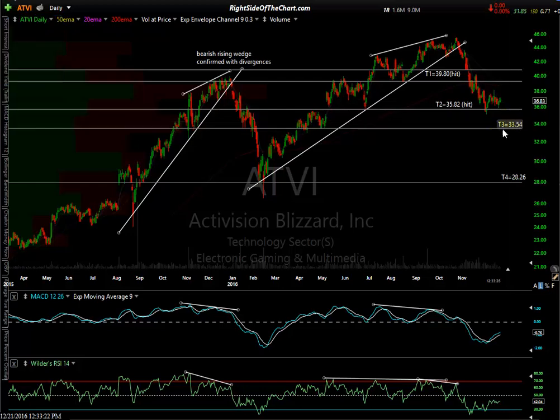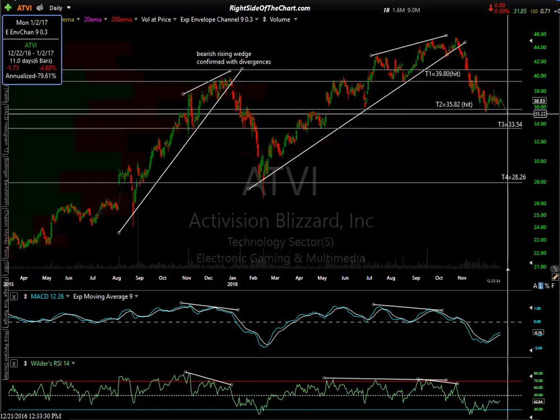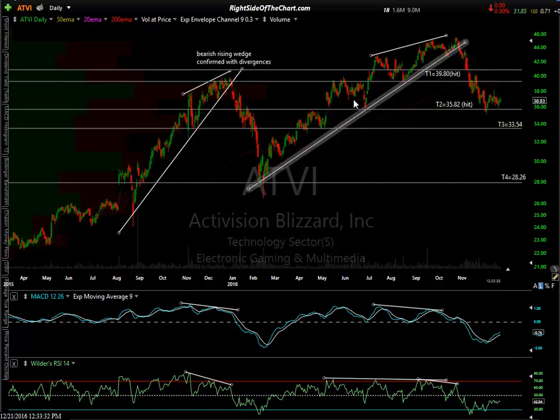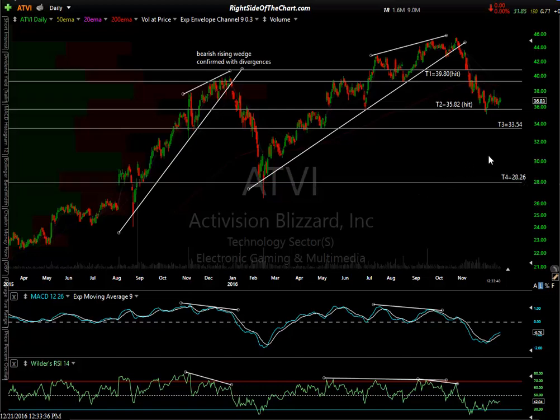Yeah, so you can see, this is a support level on the daily chart, but I always set the targets on short trades above the actual support level, and that's right at about that 7% drop. So that aligns perfectly with both price support here on the daily chart as well as that weekly trend line. So that's why I'm favoring more downside, and the next sell signal, although I don't think it's an objective entry